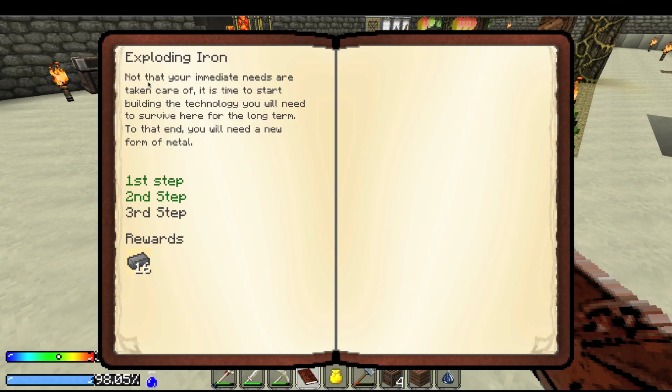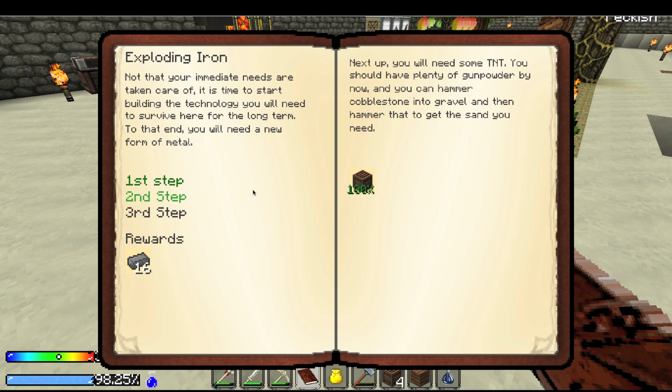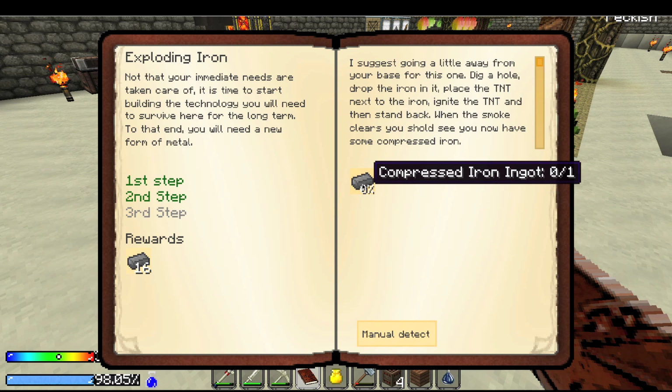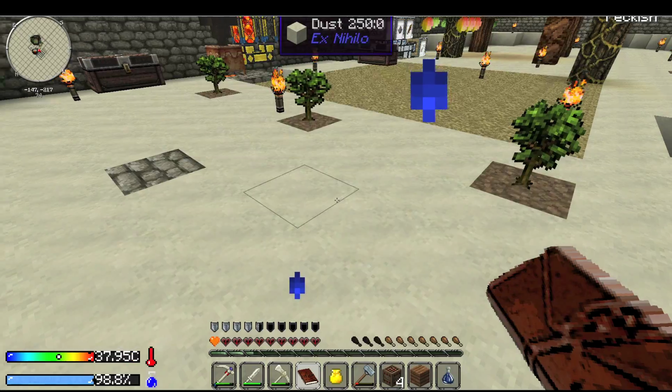Done. Second step. Now that your immediate needs is time for build technology to survive the long term, you need a new form of metal. Second step. Oh, the first step was getting... okay, I see. Third step is compressed iron, which...